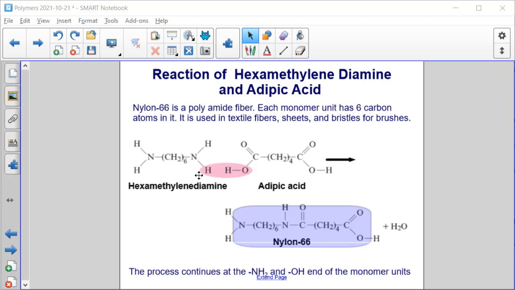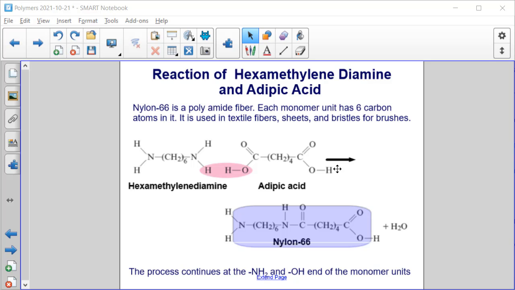So on the left here is hexamethylenediamine. There's 6 carbons, and on either end are these 2 nitrogen groups, these amine groups. And then on the right here, as a second reactant, is this adipic acid, which has 4 carbons in the middle, and then on either end we have 2 carbons double bonded to oxygen and then OH groups. So